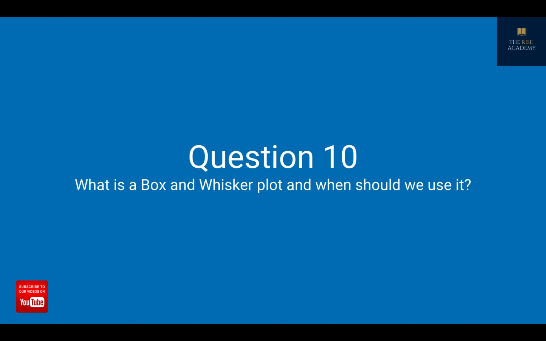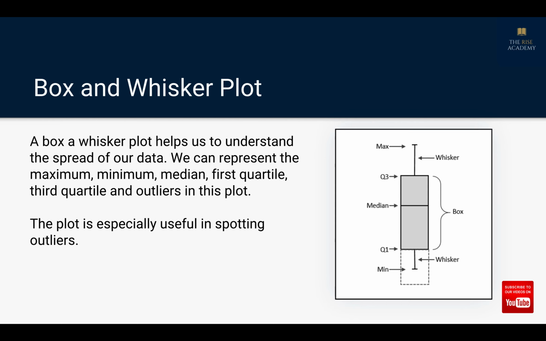And that brings us to the last question, which is what is a box and whisker plot and when should we use it? Right? Be sure to go over all the different important types of graphs. Box and whisker plot definitely is one of the important types of graphs that you should know about, but make sure to go over the rest of them, like word cloud, heat maps, bar graphs, pie charts. Make sure to revise what each of them do. You can be asked questions on any of them.